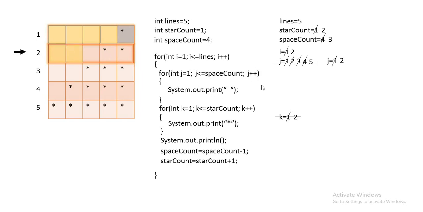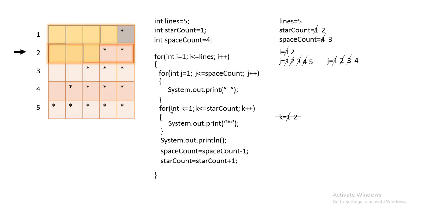Then go back to j++, j becomes 3, 3 less than equal to 3, print space. Then j becomes 4, 4 is not less than equal to 3, so end this for loop